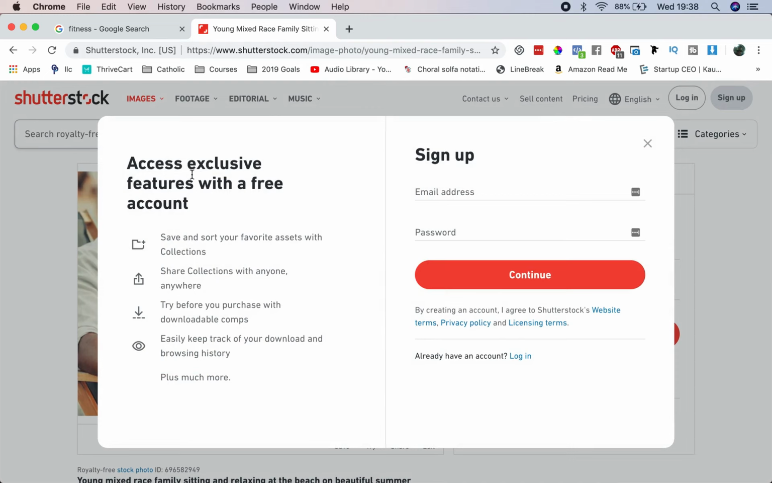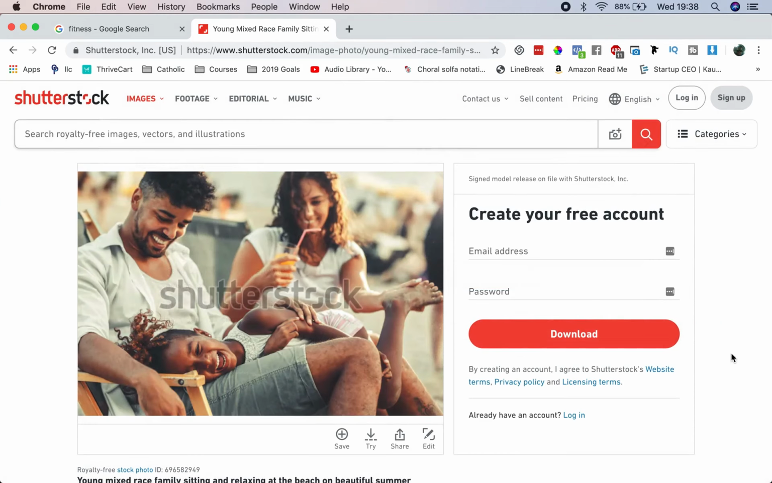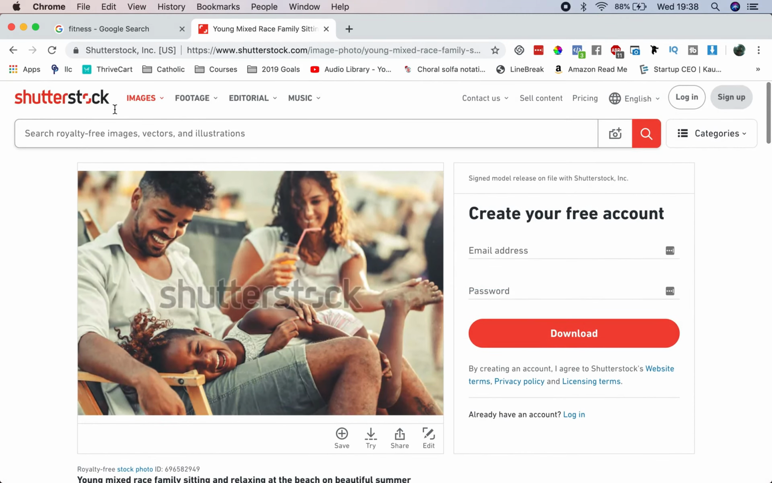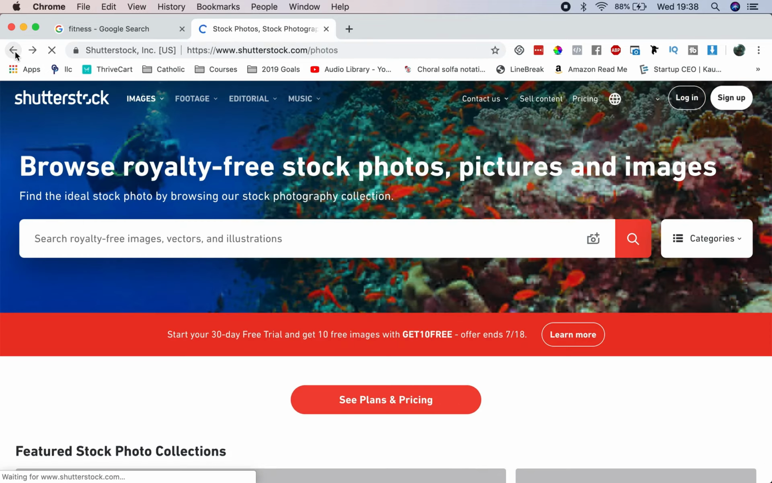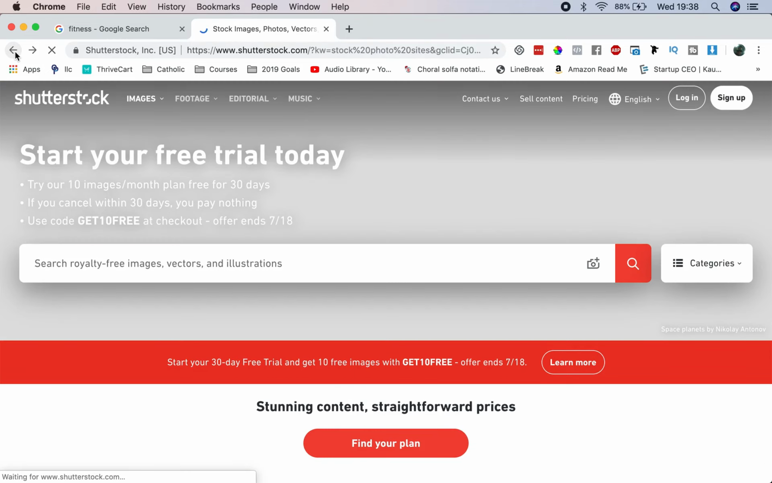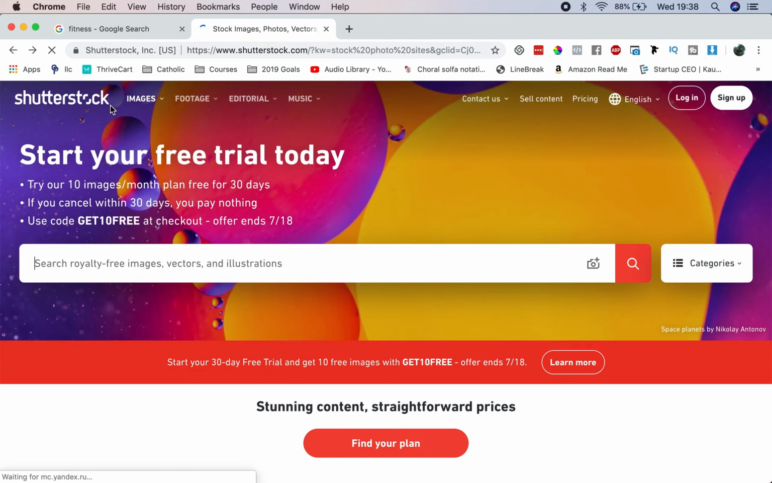Let's see the sign up. So this is what you're going to get when you sign up, okay? And then you can buy stuff, you can buy pictures, etc. But let me show you. So those are all the paid ones that you can get. Shutterstock, you can go to, in all of them,